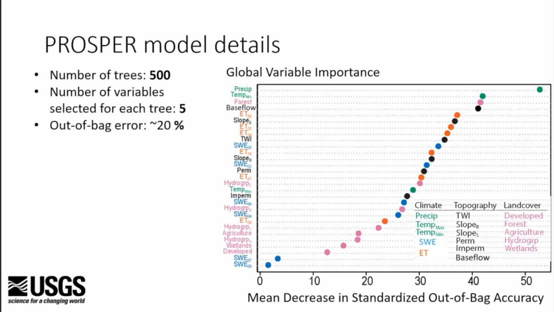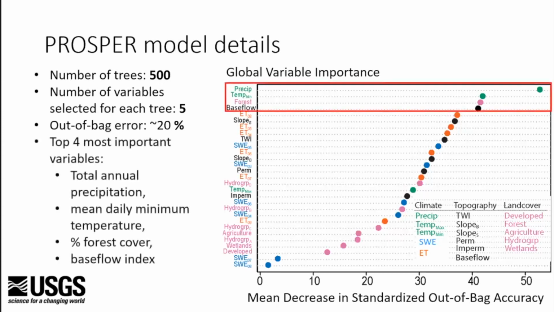And we used out-of-bag error to evaluate accuracy. So this is just a standard metric to evaluate models. The out-of-bag error was approximately 20%, so the global model was approximately 80% accurate. And then the top 4 most important variables were total precipitation, mean daily minimum temperature, % forest cover, and base